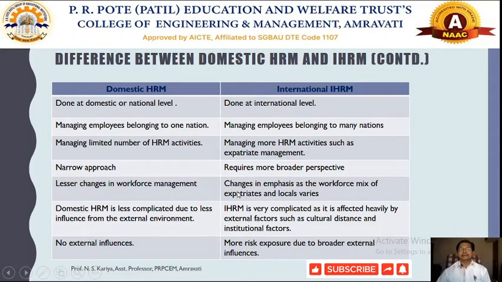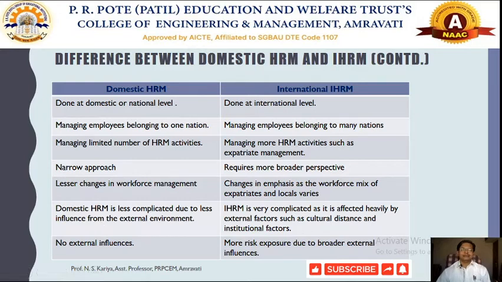In international HRM, a different sort of employees and workforce mix is there. That workforce has different kinds of experiences and belongs to different socio-cultural backgrounds, which may bring different things and ideas that they communicate to their higher authorities. All these expatriates make some changes in the organizations from time to time, and that may vary from organization to organization.